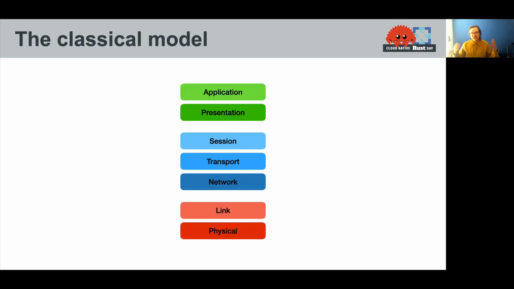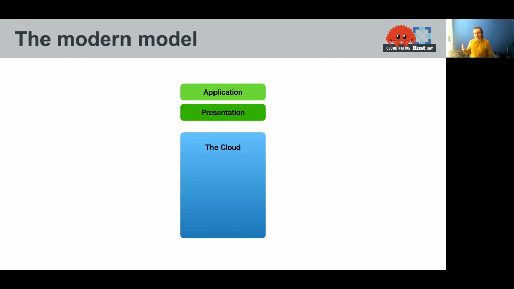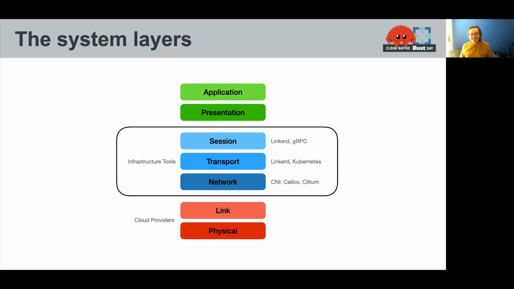But we look at the application stack or the networking stack, and we see all these layers. But really, for the people building websites and user-facing applications, this is how the world looks. They should only really care about their application logic, whether it's tweets or pictures or payments or whatever, and maybe the presentation, whether that's JSON or protobuf or the details of how it's rendered and shared. But everything beneath that is infrastructure. It's the cloud. But somebody has to build that stuff, and that stuff is us.